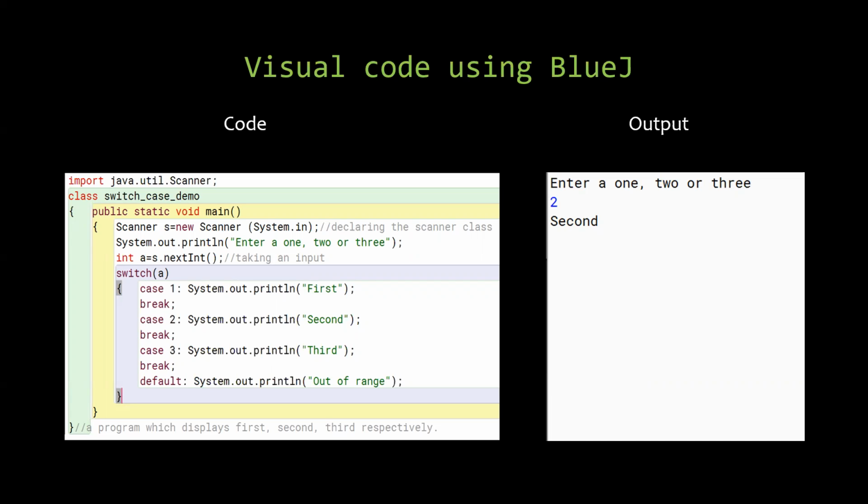So one way to get around this is taking advantage of fall through. For example, if you wanted 1 to 3 to give a certain output, then you remove the breaks in between and remove the specific outputs after each, and only after the third one you give an output, and for either 1, 2, or 3, it would print the same output. In this case, if we remove these two lines and the breaks, then we'd get third. That's how you take advantage of the fall through